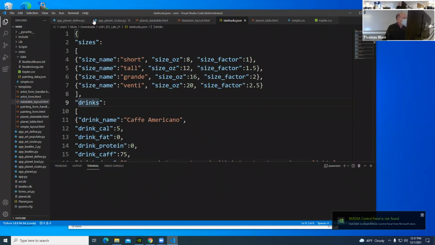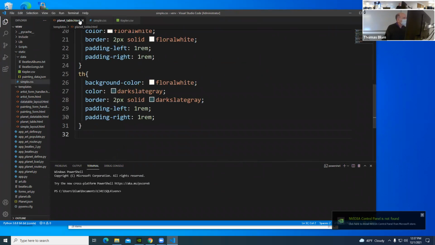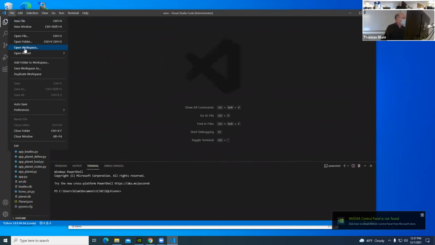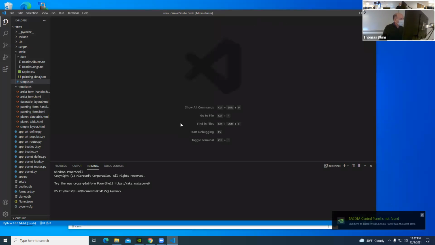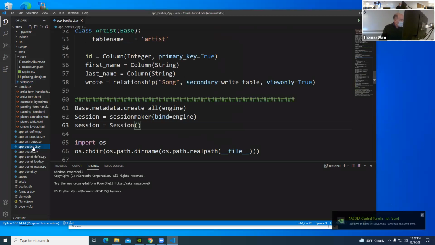And close a million things. Make sure I'm in the right folder, open folder. I'm in the SQL V&V, that's where I want to be. And this was the Beatles 2.